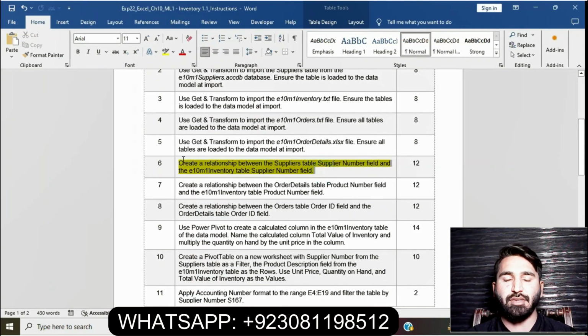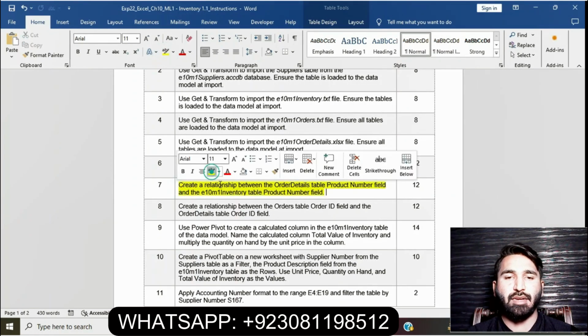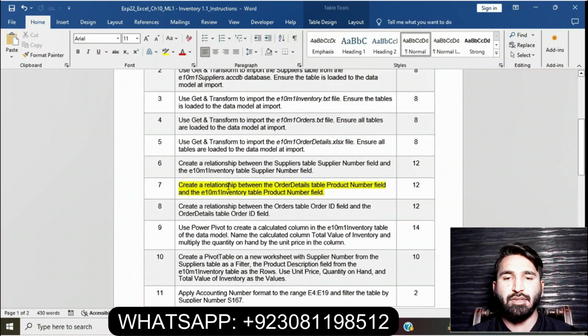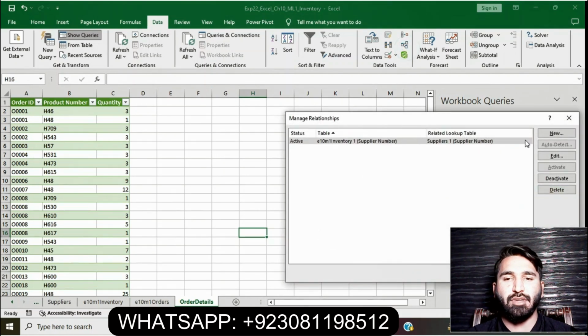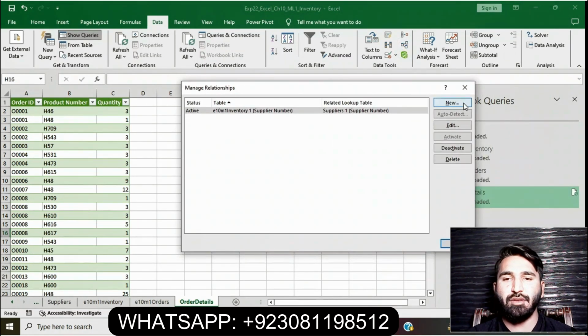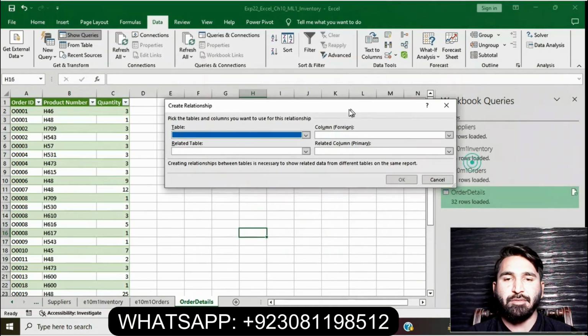I have done 6 questions of this assignment. Now moving on to question number 7. Question number 7 is to create a relationship between the order details table's product number field and the EM10 inventory table's product number field. Basically, in this question, we have to create a relationship between these. Go to the Data tab and go to Relationships. The new relationship is that